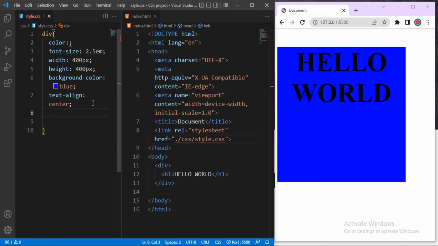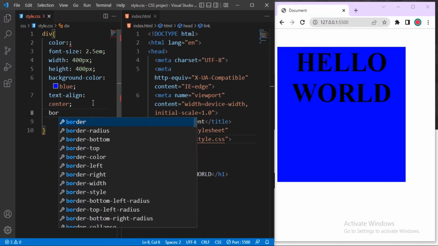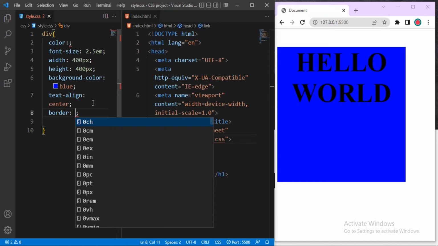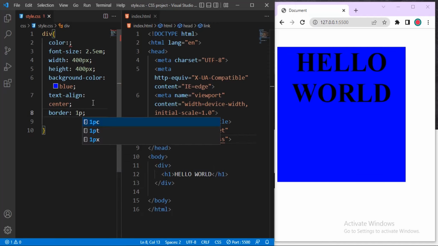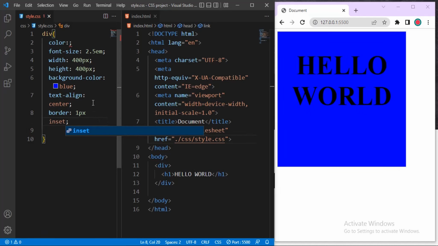So let me say border. Let me give this border one pixel, and let me give it inset and see what it looks like. Inset is not even visible. It's not visible. How about solid? Let me say solid. One pixel is too small. Let me make it